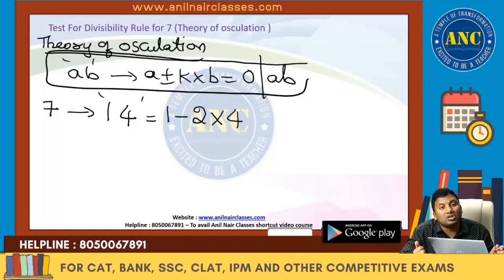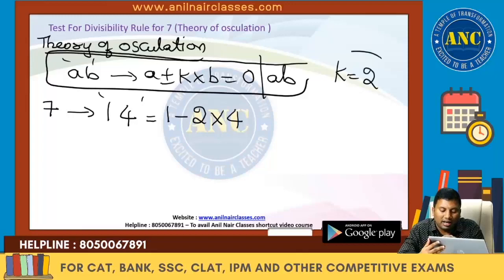What is 1 minus 2 into 4? 1 minus 2 into 4 is minus 7. Is minus 7 divisible by 7? Yes. That means what is the k value we got here? The k value we got here is 2. How does it help? Suppose for example,